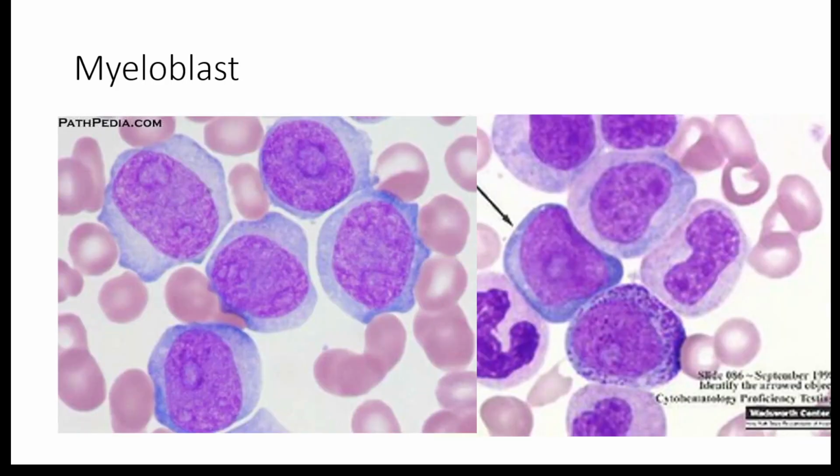The first series is the myeloblast. The myeloblast is characterized by cells having a very high NC ratio. They are large cells having a high nucleocytoplasmic ratio, that is, the cytoplasm is very scanty. These cells have inconspicuous nucleoli, and there could be multiple nucleoli in them. Like this cell, you could see one nucleolus here, one here, a faint one over here. This has 1, 2, 3, 4. So it could have multiple inconspicuous nucleoli, but the presence of nucleoli is essential. It's got to have a high NC ratio. Cytoplasm may show granules. These are the earliest cells of the series.